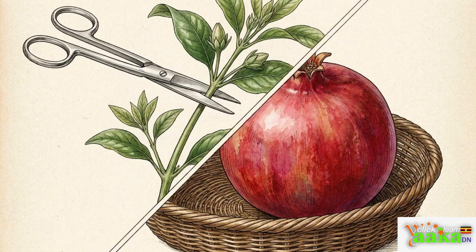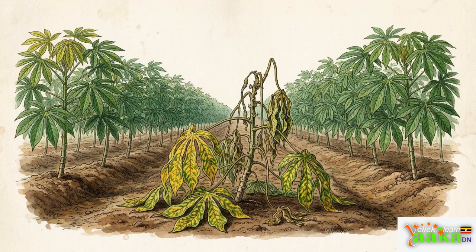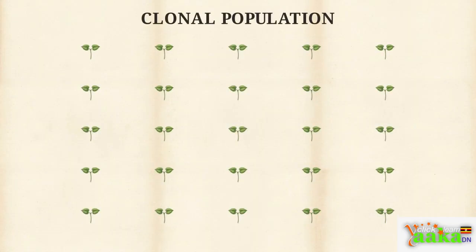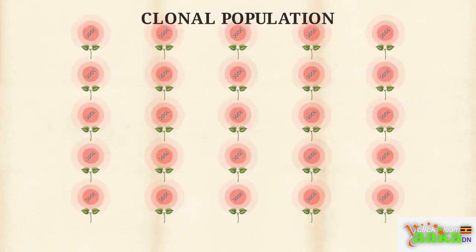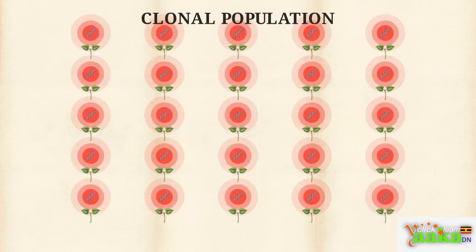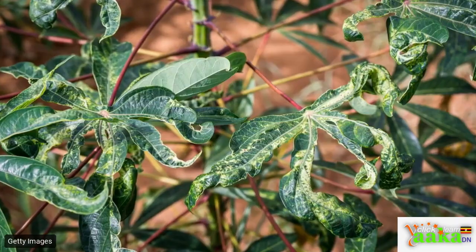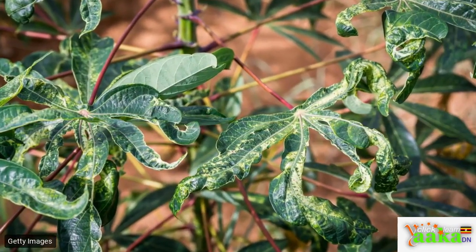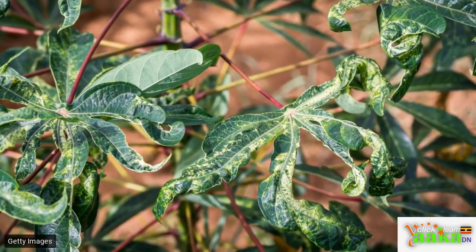By manipulating plant hormones and cellular healing, artificial vegetative reproduction allows agriculture to custom-build the perfect high-yield crop. But this high-speed cloning comes with a massive built-in risk for real-world farming. Because every single plant in a vegetatively reproduced field shares the exact same DNA, they share the exact same vulnerabilities. If a farmer takes a cutting from a plant carrying cassava mosaic disease, the resulting clone is guaranteed to be